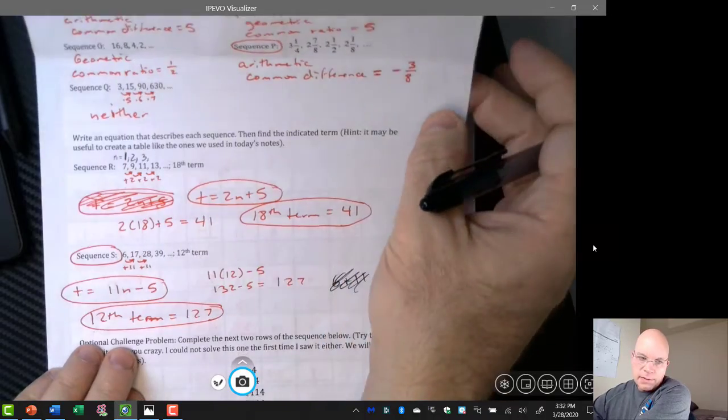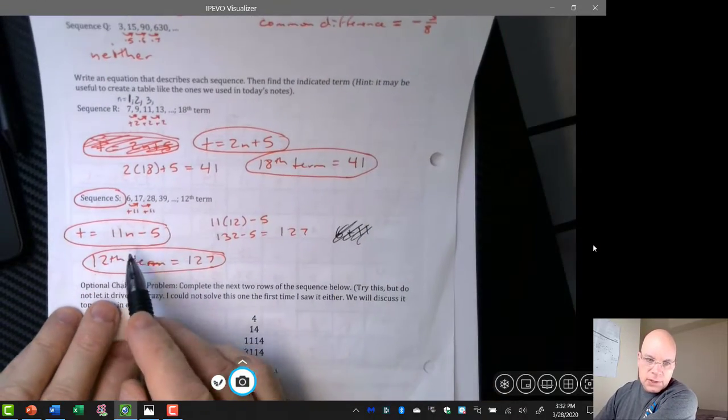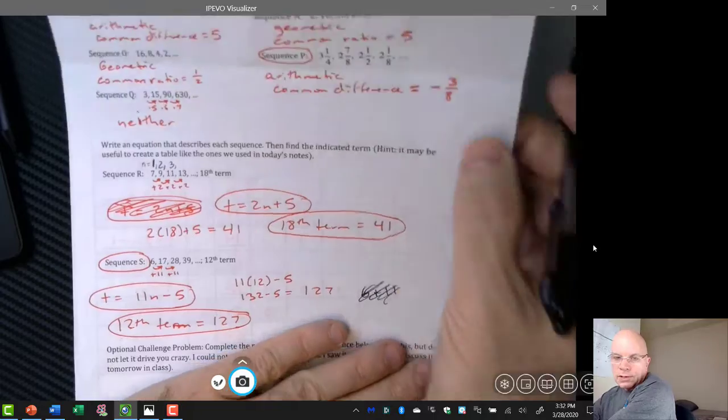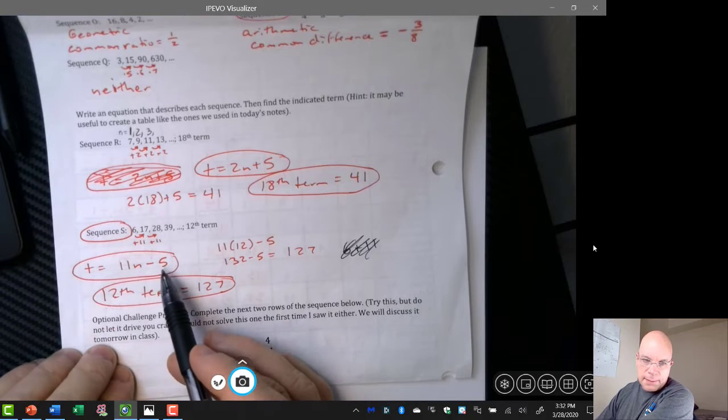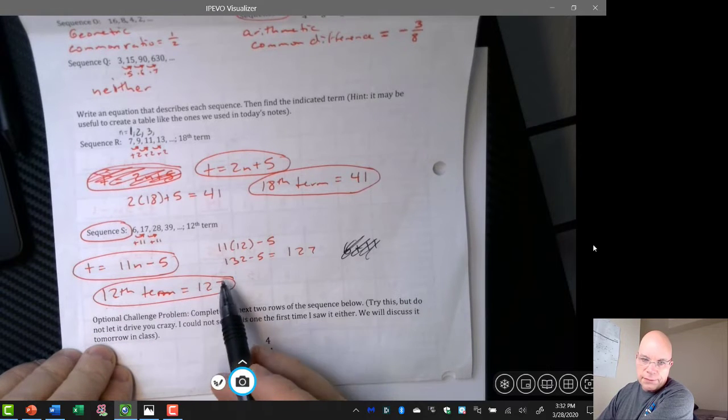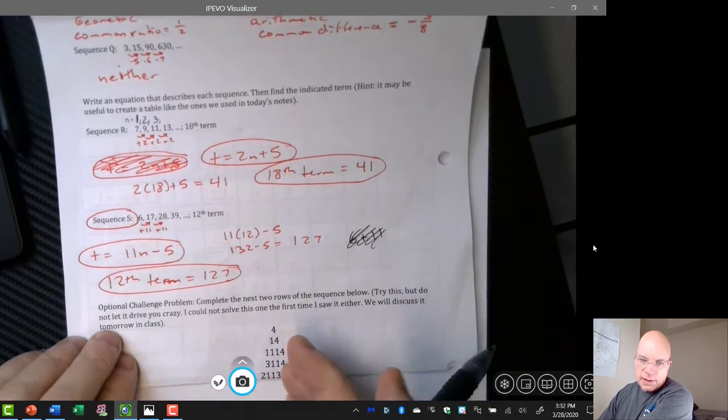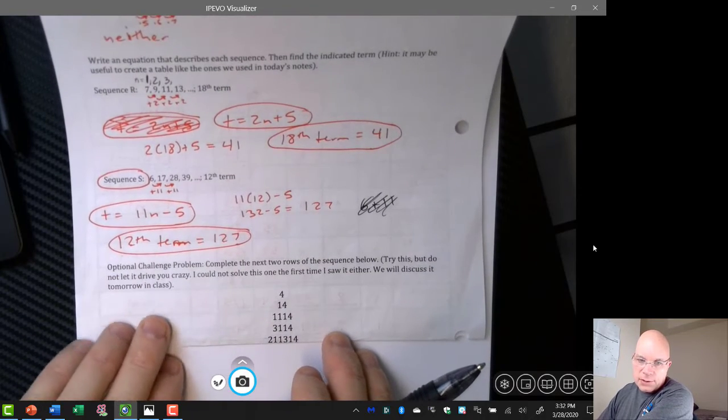Sequence S was also on the video. The equation is, oops, I don't want to show that yet. The rule is t equals 11n minus 5, and the 12th term would be 127. Now if you tried this optional challenge problem,